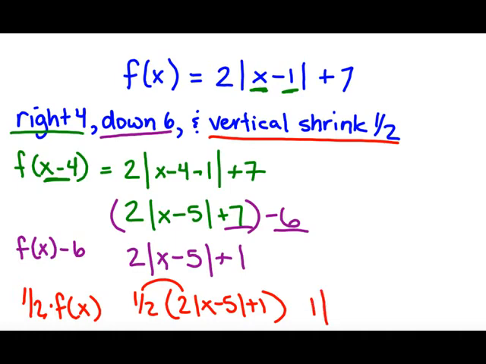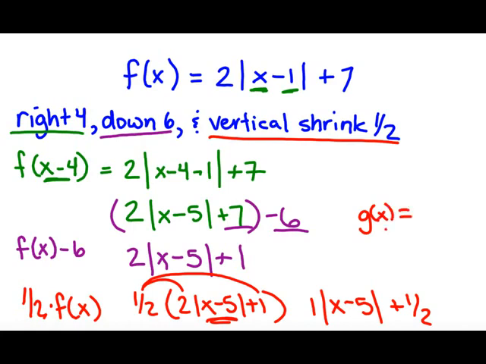So 1 absolute value. We never distribute inside the absolute value. So x minus 5. And then we do half of 1, which is a half. Now if you want to reduce that, all that reduces to is g of x equals, 1 times anything is just the identity, so absolute value of x minus 5, then plus 1/2. Hopefully this will help you with function notation and